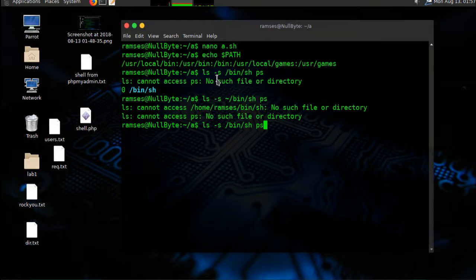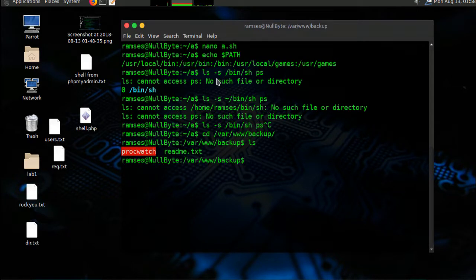But if we do this in a folder which is not in our home directory, we can achieve this. So let's go back. We are going to go to var www html backup,